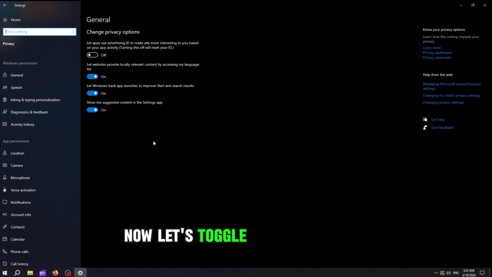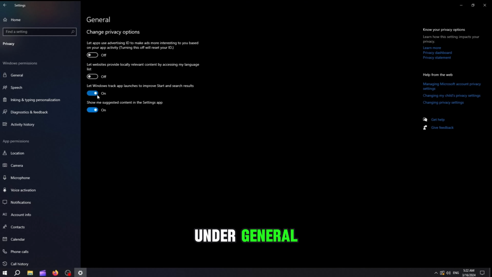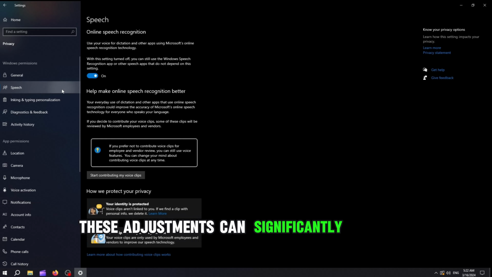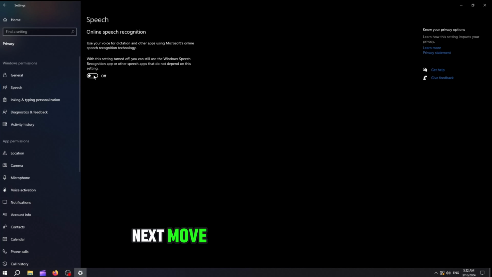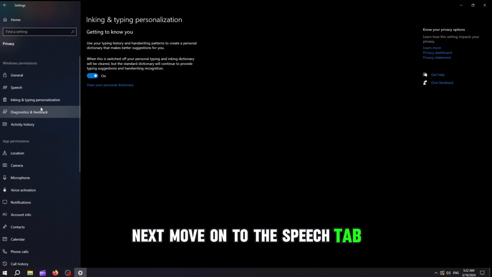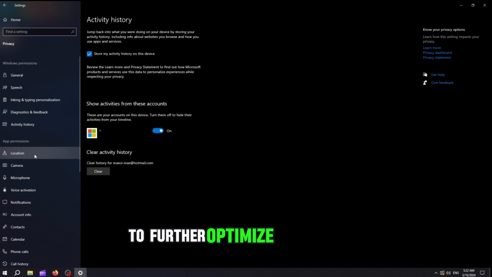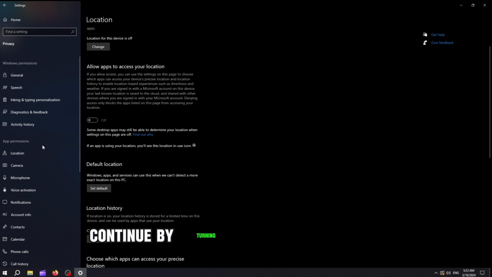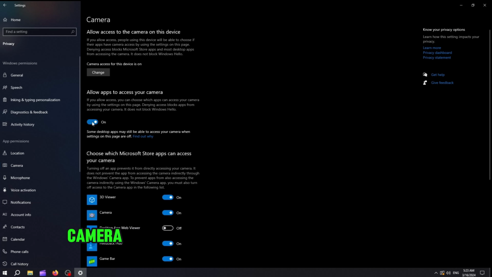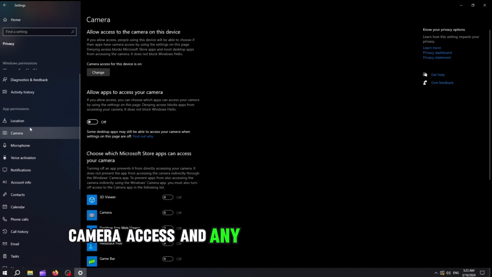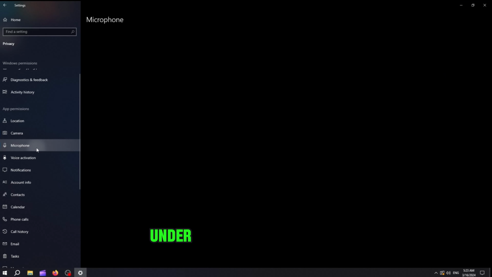Now, let's toggle off the settings under General. These adjustments can significantly improve performance. Next, move on to the Speech tab and disable the speech recognition feature. To further optimize your system, continue by turning off location services, camera access, and any unnecessary permissions under the Notification